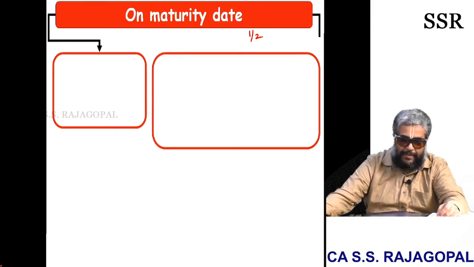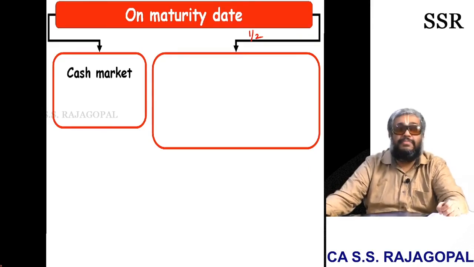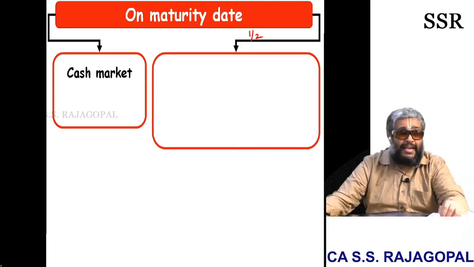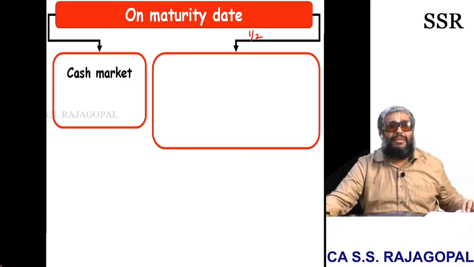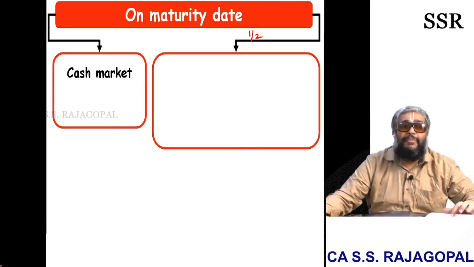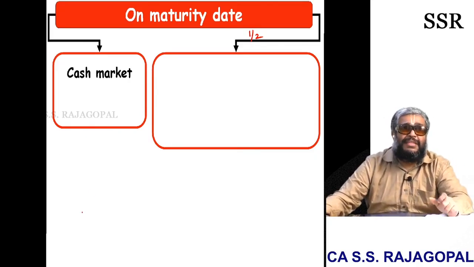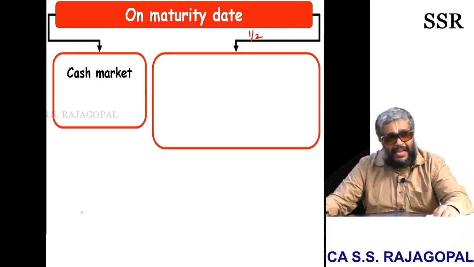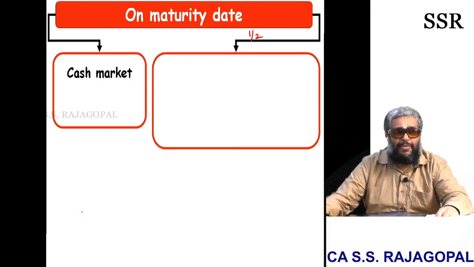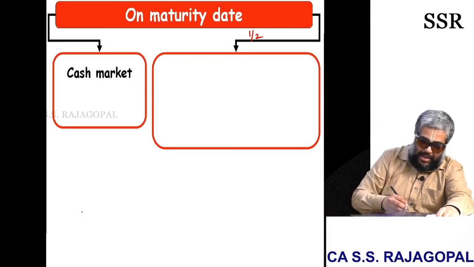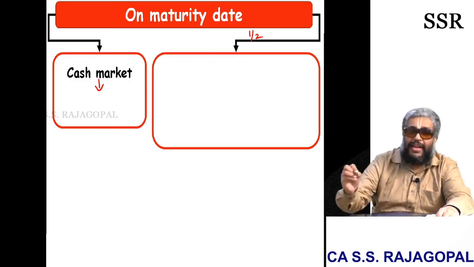Let's do it together. Cash market. On February 1, I go to the cash market to borrow money. At that time, LIBOR became 1.5% extra. The question says LIBOR increased by 150 ticks, so 6.5% LIBOR has now become 8%. Plus 0.75, my loan cost will be 8.75%. Cash market: put a down arrow mark and write.